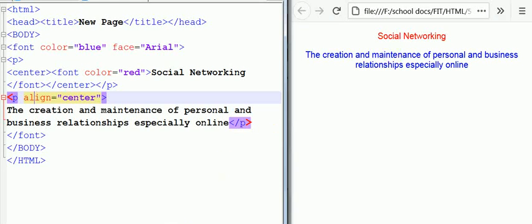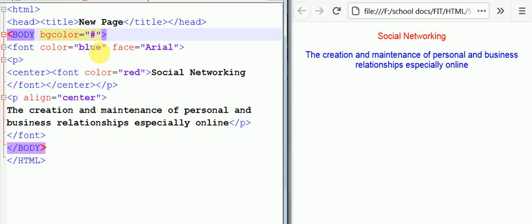Now suppose you want to give the body color. I have taught you that the color can be written as blue, black, something like that. Now you can also give the background color in another manner, by using a hash symbol.